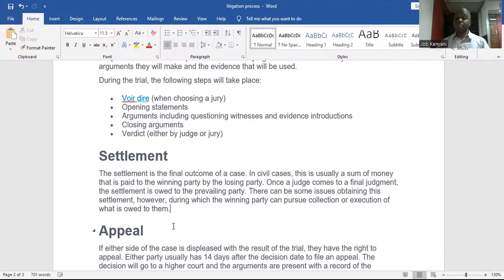Then there can be an appeal. So maybe you didn't get a fair hearing in that particular court. You go to the next court, and actually you can do an appeal if you think you didn't get a fair hearing. So for example, now in this case, if you look at our court structure here in Kenya,